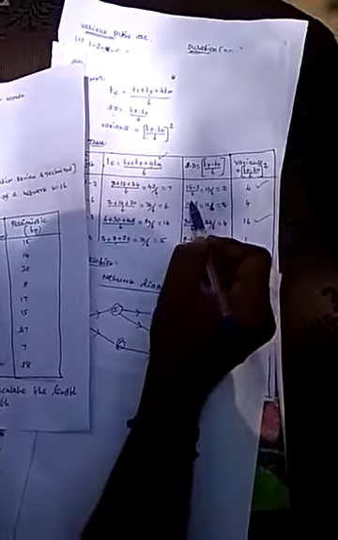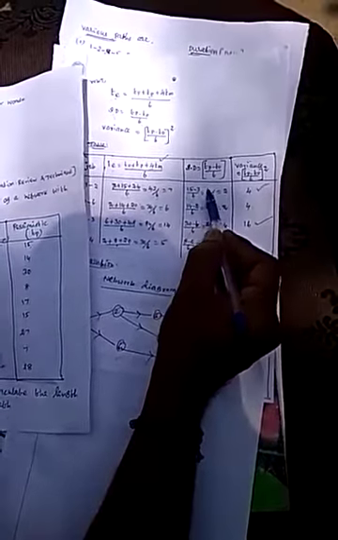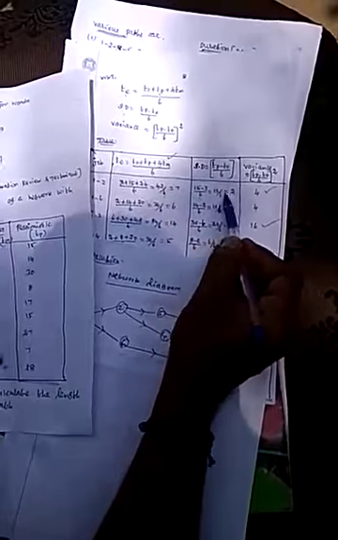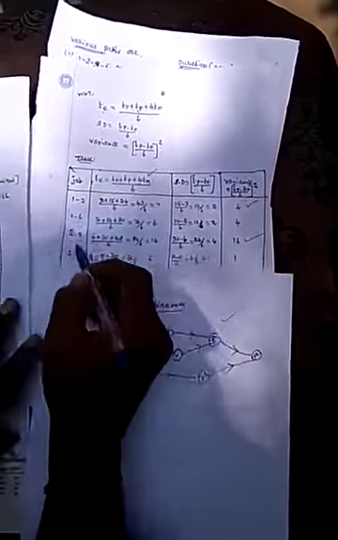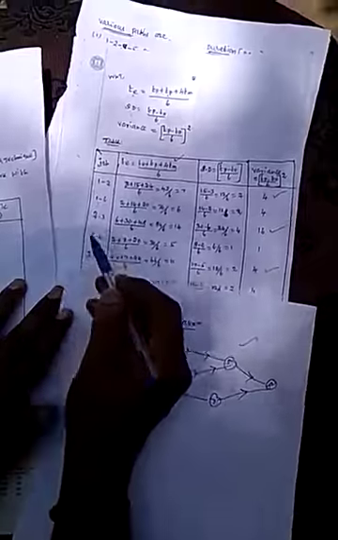Standard deviation is TP minus T0 divided by 6. TP is 15, T0 is 3. So 15 minus 3 divided by 6. The numerator is 12 and the denominator is 6, which equals 2. Its square value is 4. So the standard deviation squared, the variance, equals 4. Similarly, try this for all the other jobs.